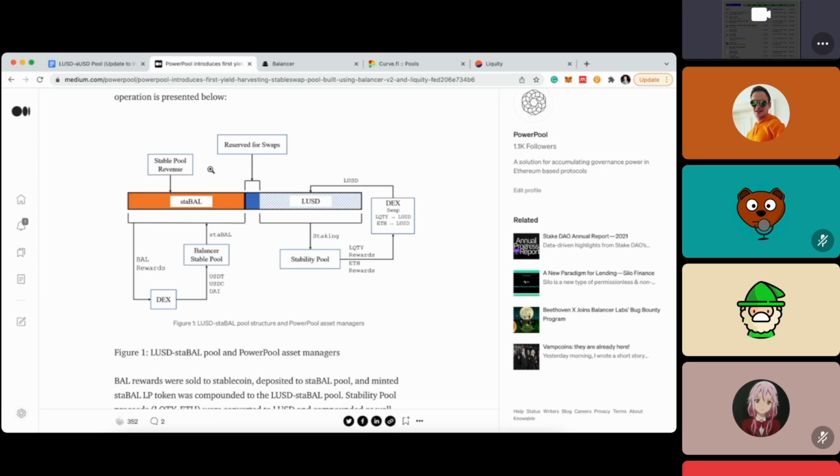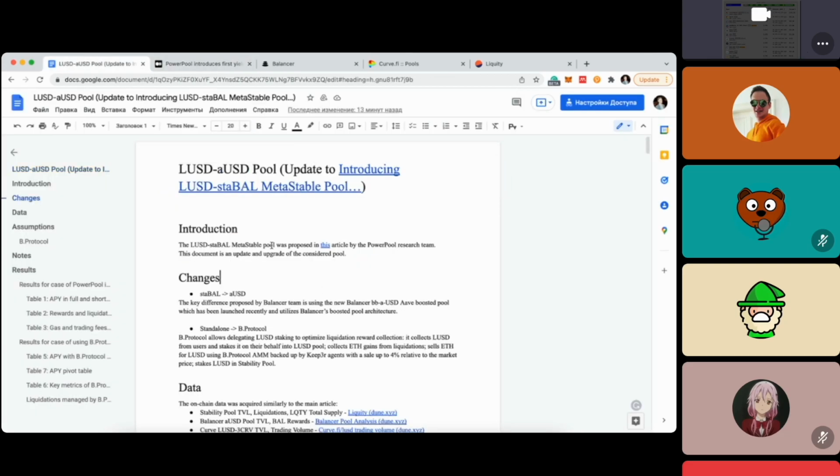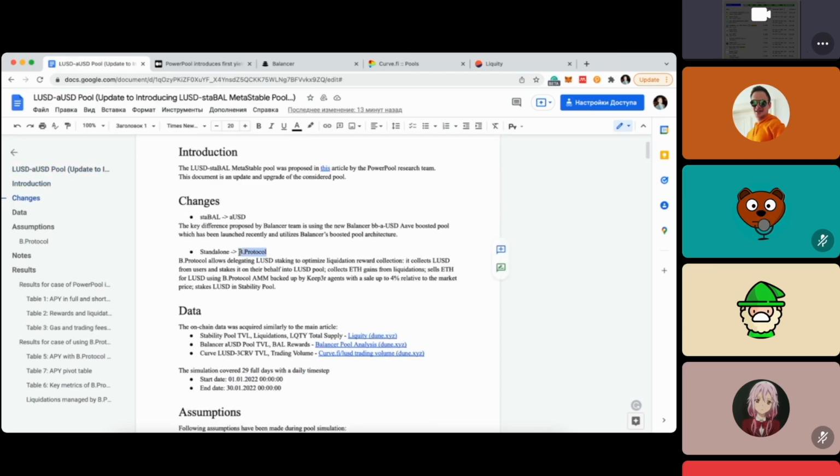Yeah, so in the updated model, we stake LUSD to the B protocol, which executes all liquidations automatically without our involvement. But we need to, for example, harvest the Liquity reward. To harvest the Liquity reward, somebody needs to sign the transaction, right? And also, for example, add some LUSD if there is such a necessity. For doing that, we have Power Agent, a network of agents that sign transactions.